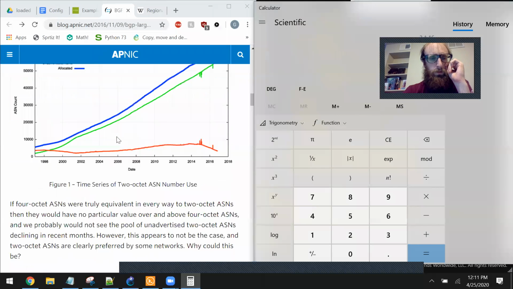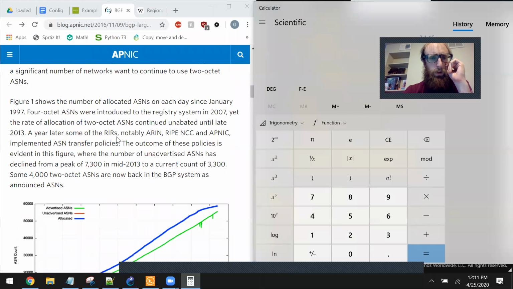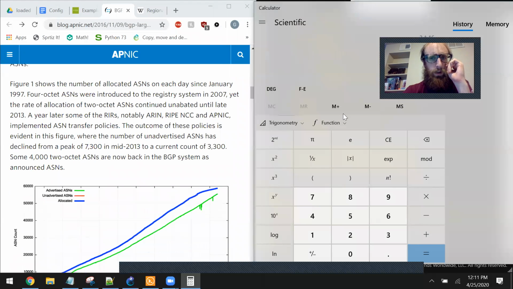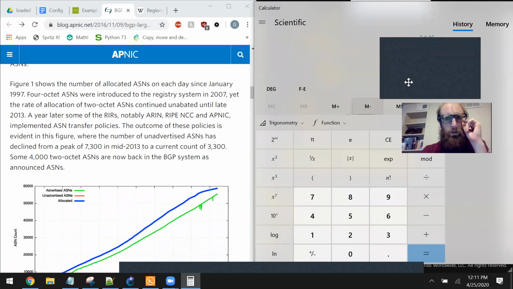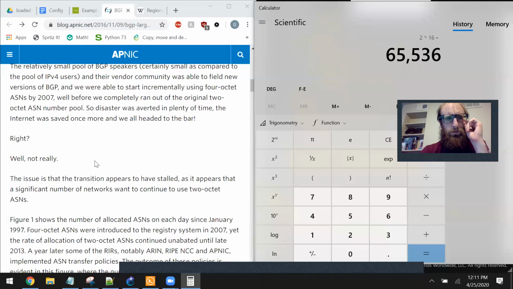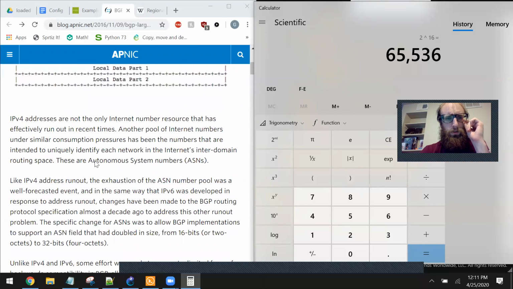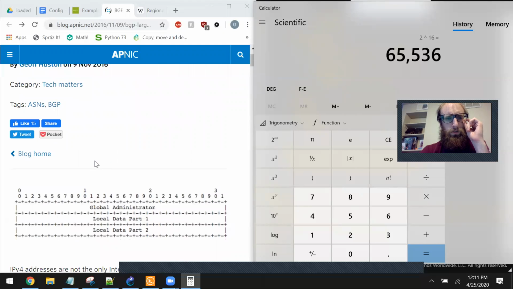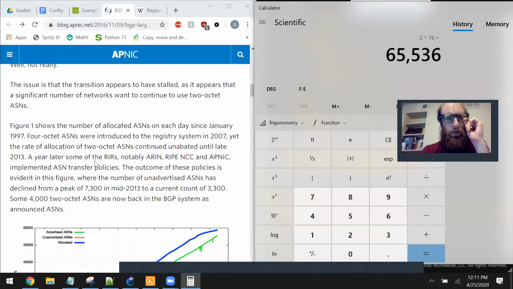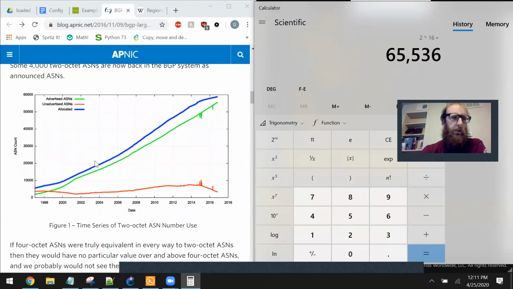That's a lot available. I'm surprised they're complaining about there being 600 allocated when you've got 65,000 available. I don't understand. Yeah, I don't understand this graph because,